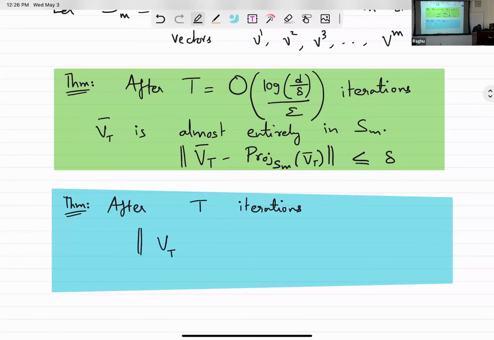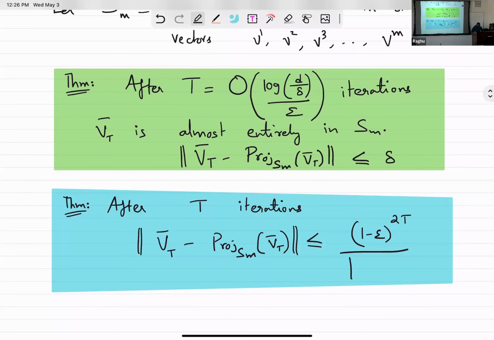If I run power iteration for t steps, then how close are you to the span of the top vectors? You get close exponentially. Remember this epsilon is something like 0.01, but you are converging at an exponential rate. Every step gets you a hit of 0.99 on the error. And there's a denominator here, which is the initial correlation of